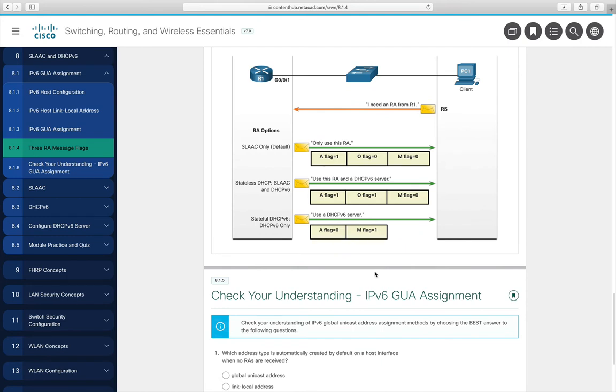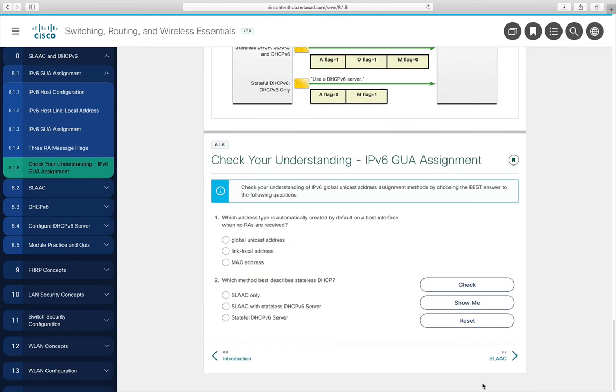815 is to check your understanding on the assignment of the global unicast address. You can do that on your own, and we'll move on and talk about